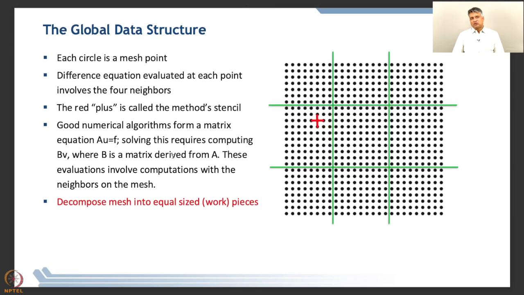So, when I want to solve this problem in parallel, the first thing that I need to do is decompose this problem. By decompose this problem, I mean to partition it into hopefully equal sized workpieces. Because I am using a distributed memory machine, I have to send a portion of this particular problem to each separate machine